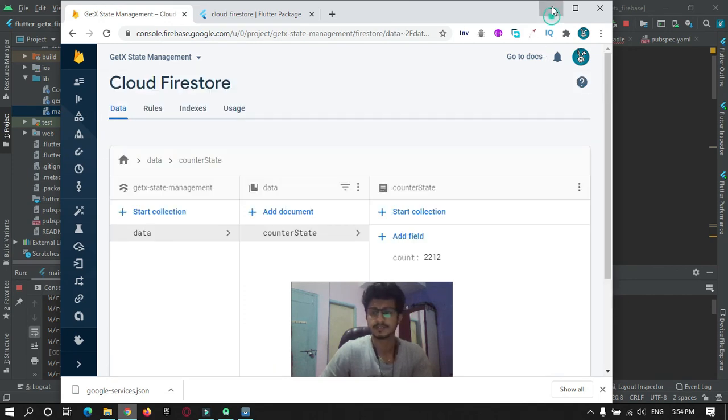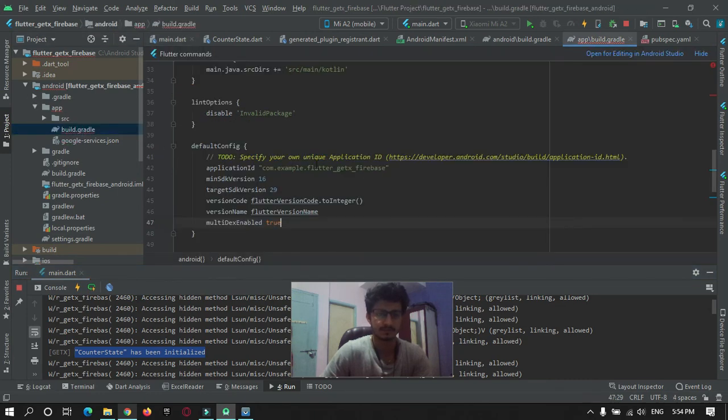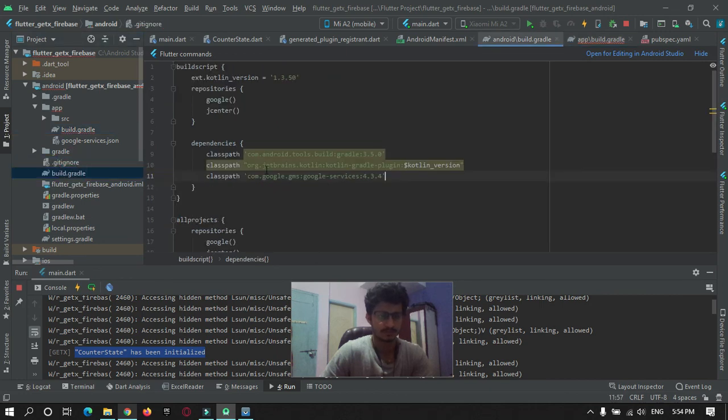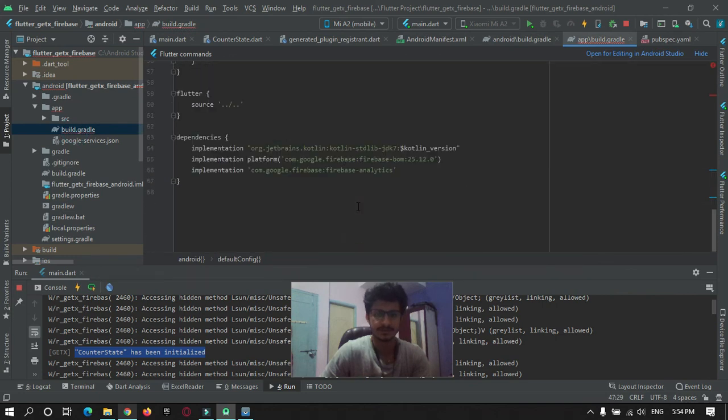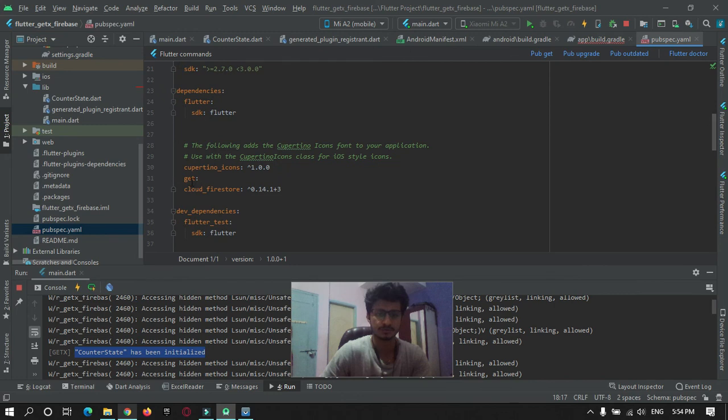Okay, and then we have added dependencies in Android build, and here the class path, and this dependency we have added as set by the Firebase team. Okay, after that we have added two dependencies for Flutter, that is get and cloud firestore. After that we will go to the coding part.